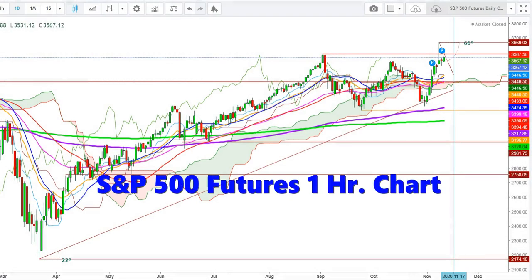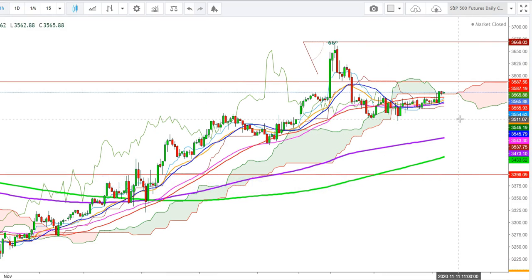So friends, now let us check this move in an hourly time frame. In an hourly time frame, here you can see that the S&P 500 futures are trying to sustain above the upper end of the Ichimoku cloud, which has turned into a very thin line here. So here I find that a sustainable move of S&P 500 futures below the levels of 3536 will result in a sharp downward move in the S&P 500 futures, where the S&P 500 futures could close the day at the